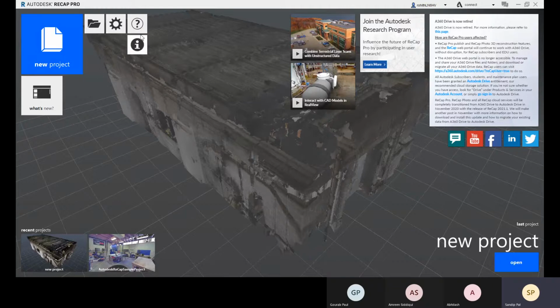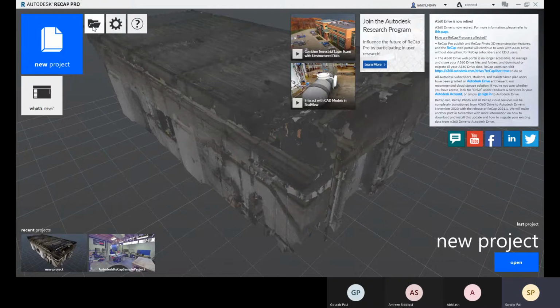Let me tell you first about this help icon. This help icon will open the Autodesk online help related to Recap. There you can find some tool help, and you can ask queries there. All the information related to any tools within this Recap, you will find there.